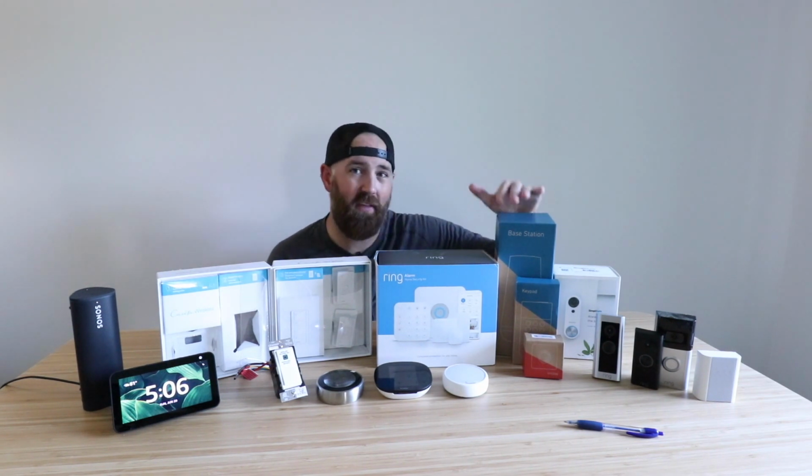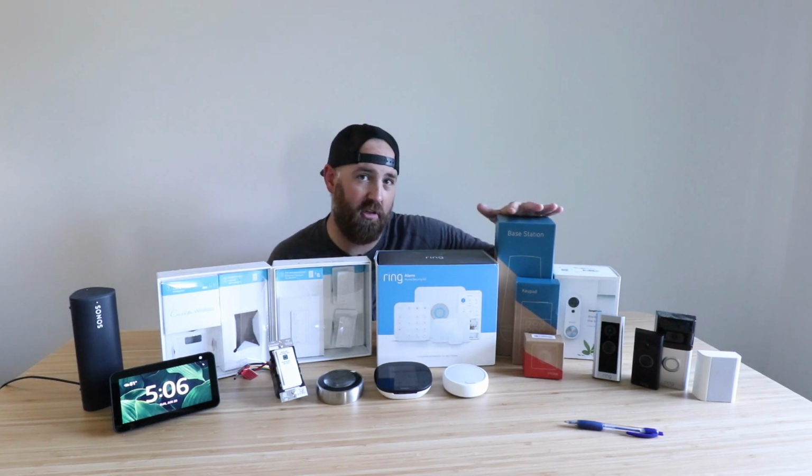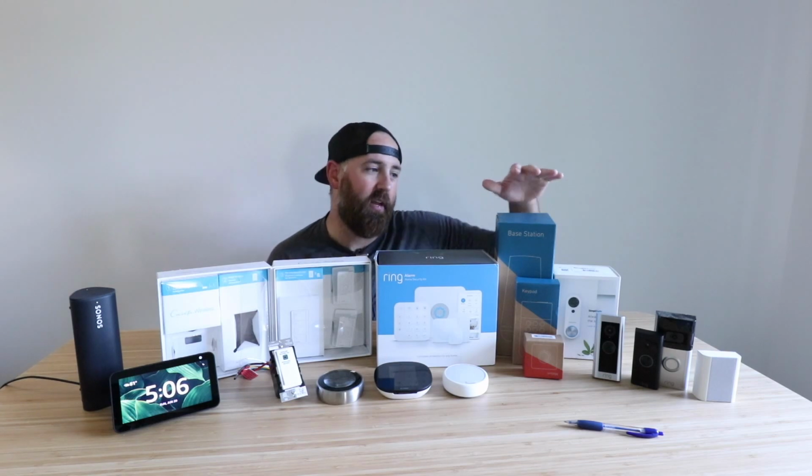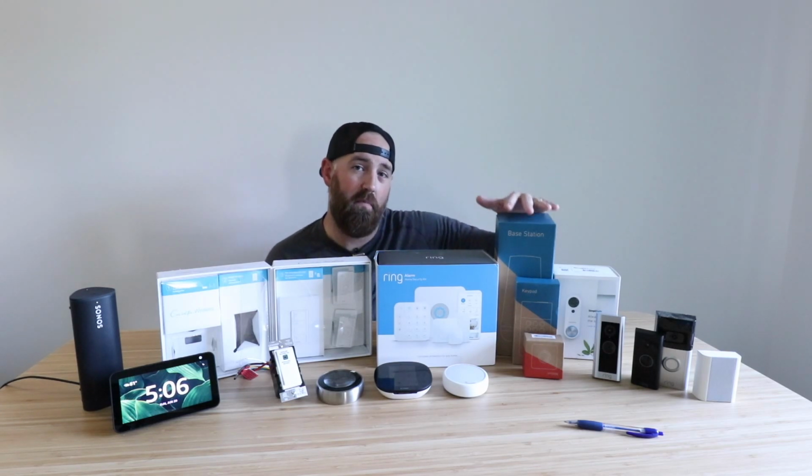With the Simply Safe, they don't give you that option for self-monitoring the system. You have to pay for the professional monitoring if you want to get any of the app control out of it. Now, you can do remote...